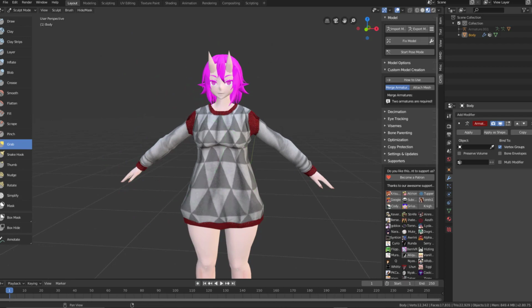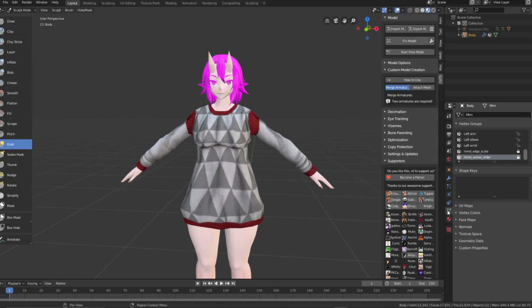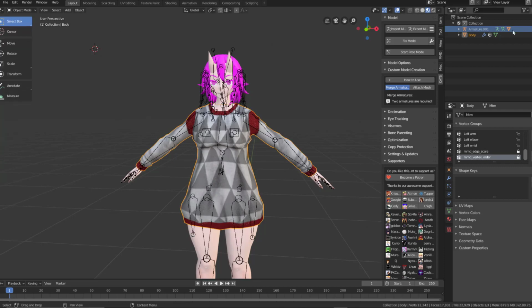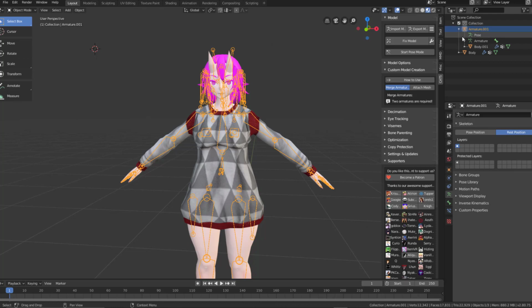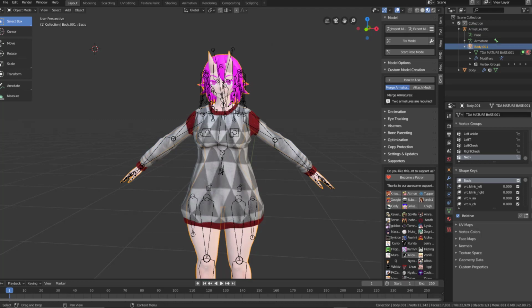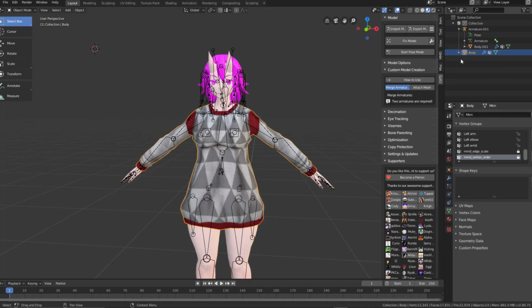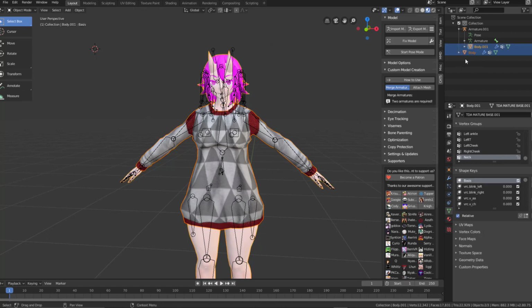Next, we're going to go into this tab right here. But first, let's go to object mode, unhide that, and open this up. Then grab this mesh, shift click the other mesh, and press Control J to combine them together. We don't want this to be Body.001. We want it to be just Body,